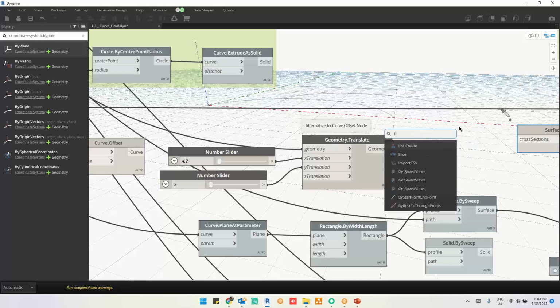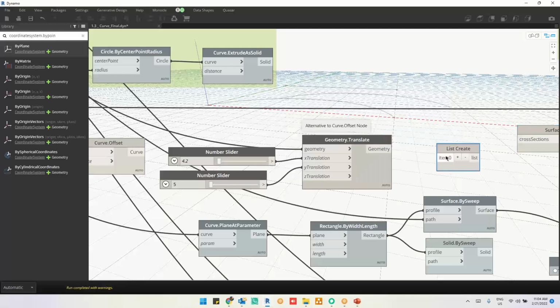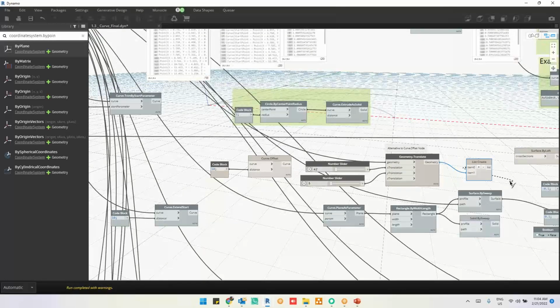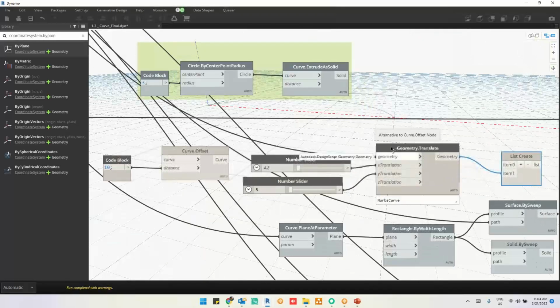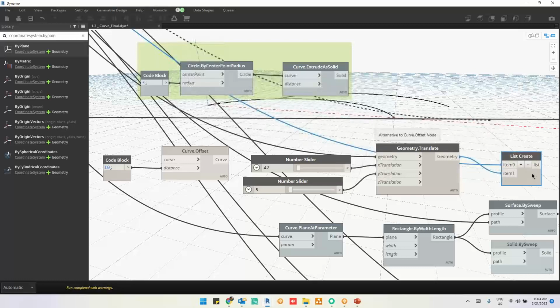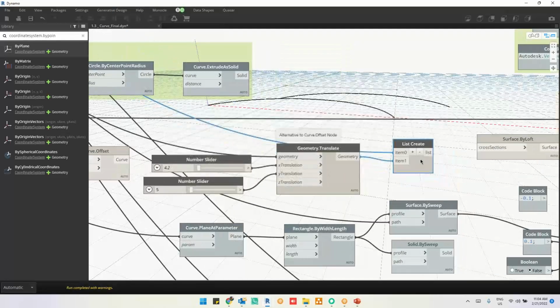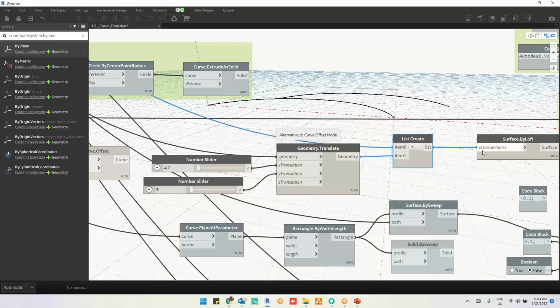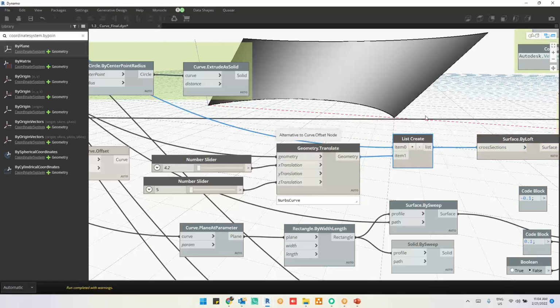List.Create. List.Create. This is going to be the one, and this is going to be the same one. Hold the Control key and this. Now I have two curves here. So when I connect this to this, it's a cross section. No, I don't want this. So X, Y, and Z. Now see,